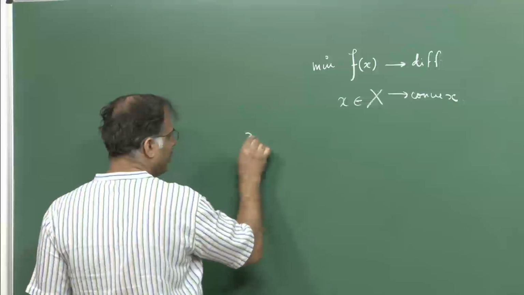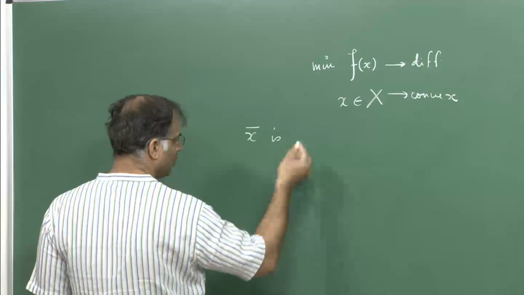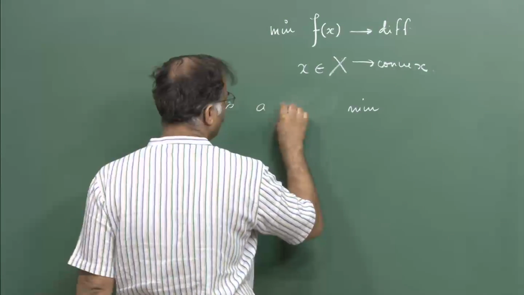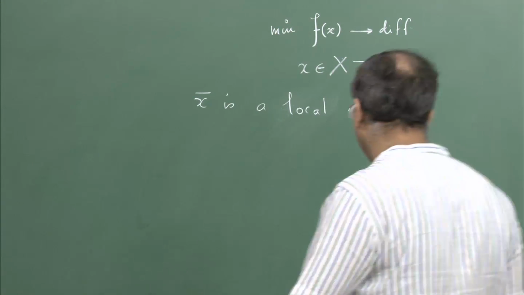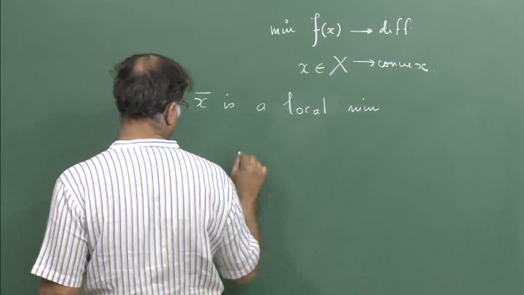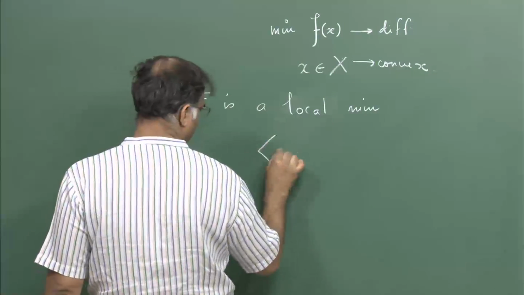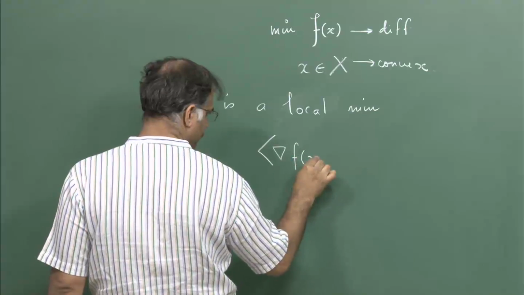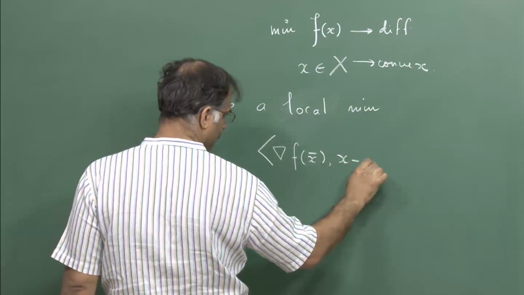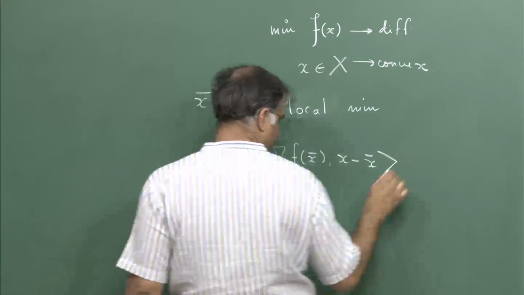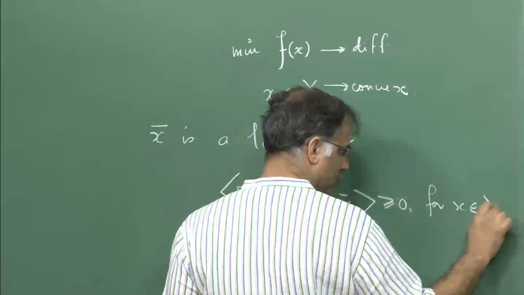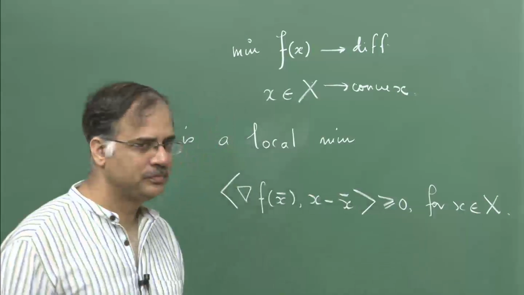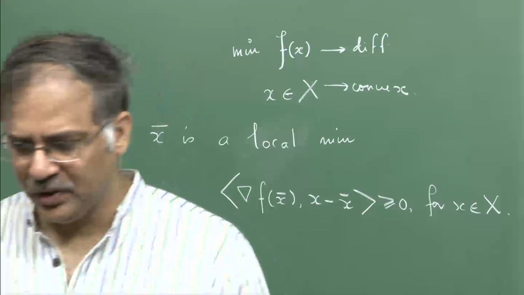Now, for this problem, if x bar is a local minima, no longer a global minima, because I am not talking about convexity. So, let us take a local minima. Then what is the condition for optimality? The condition for optimality here, again noting the fact that X is a convex set, can be given in this form. It is not much difficult to prove it,